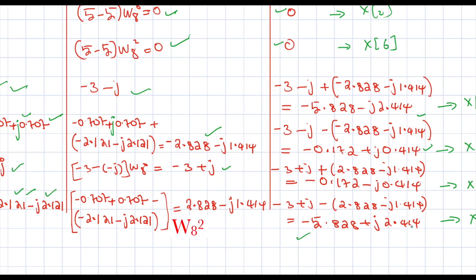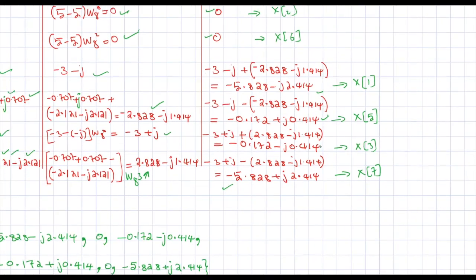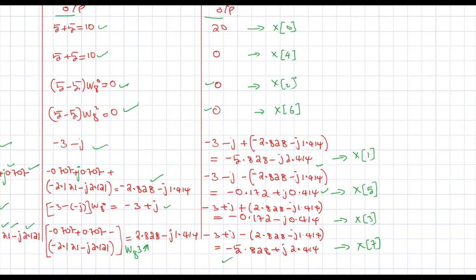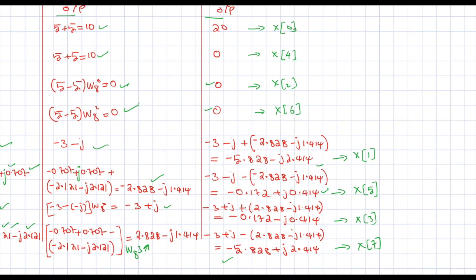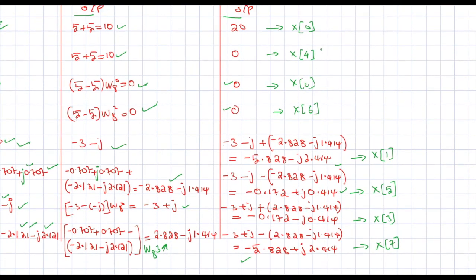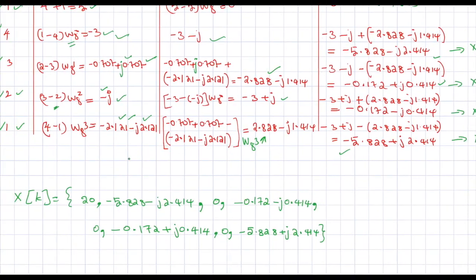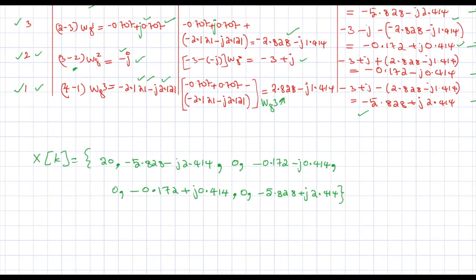So one thing to notice is you have received the values at the final stage, but it is not in the normal order. So first you have x of 0, x of 4, then x of 2, x of 6, x of 1, x of 5, x of 3 and x of 7. Then you pick the values of the continuous index. So you first pick this one, then you pick this one, then you pick this one, and so on. So finally you will write all the values into the output sequence.